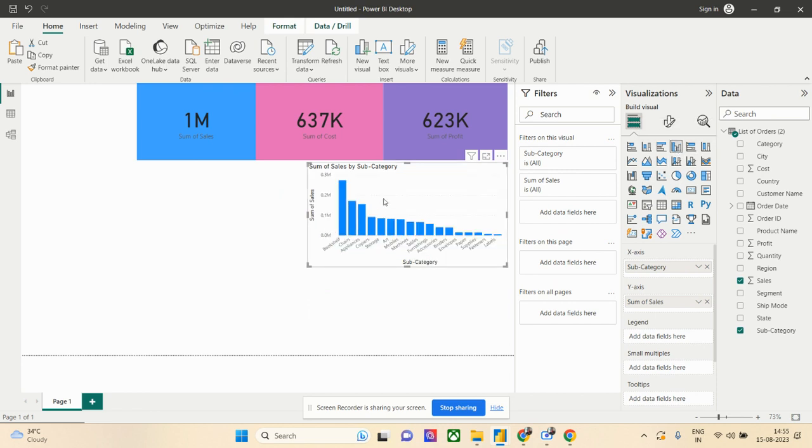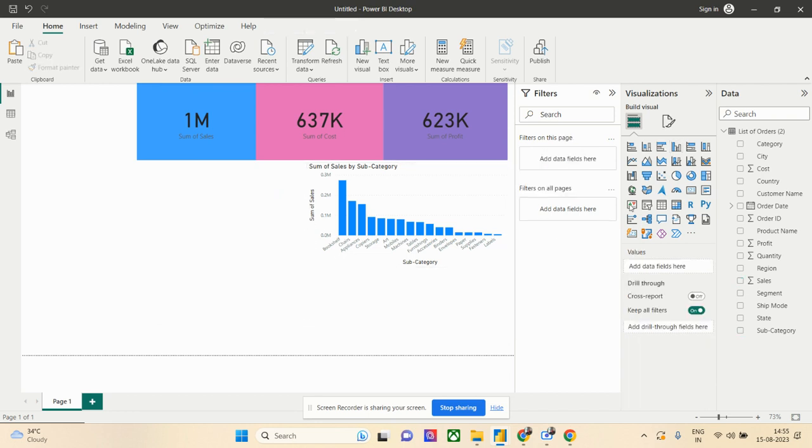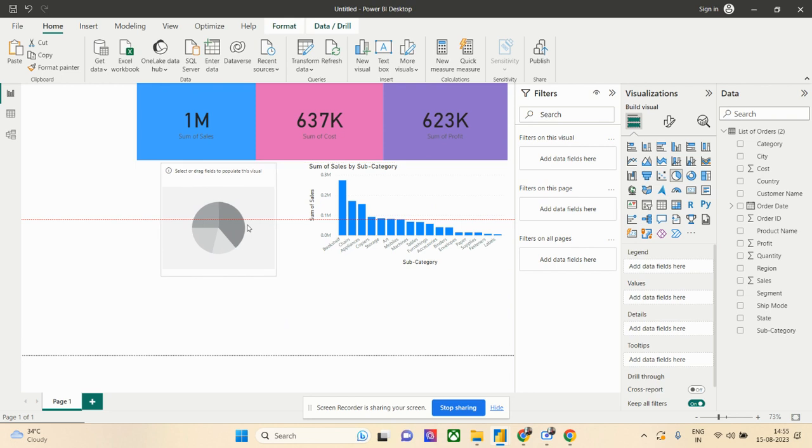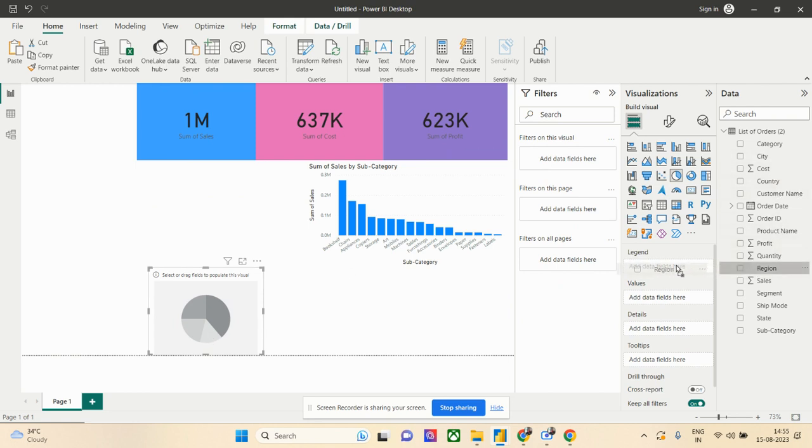So for the time being, we'll keep this chart here, and I will also keep a pie chart. So I'll click outside, and just a second. I need to click it here. So let us put the pie chart over here. Now in the pie chart, what I want to display is region wise sales. So in the pie chart, the first option is legend. So there is no x-y concept basically. Legend is this small section or part. So in legend we need to put the region basically. So you just put the region in the legend,